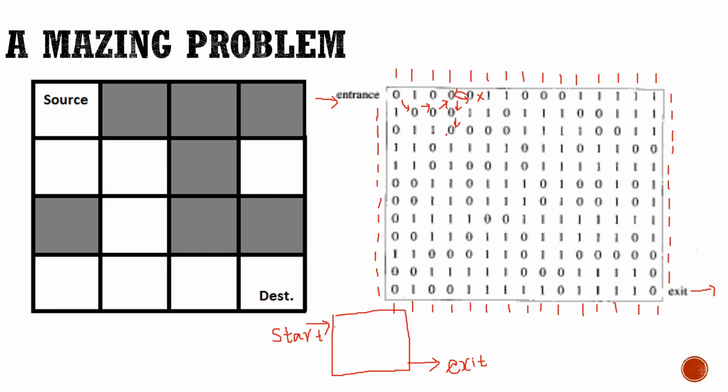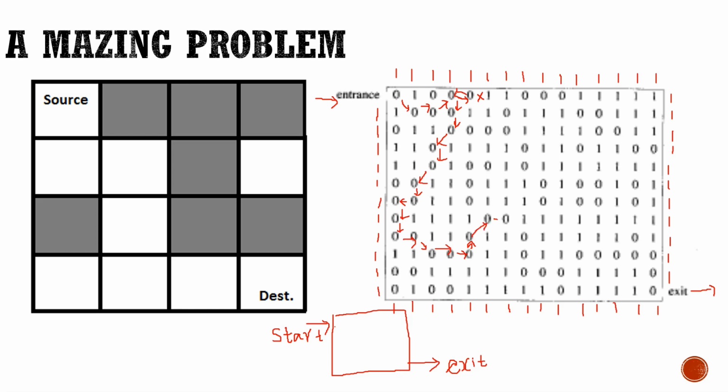Then next I can take this path. Next this path. Next this path. Next this path. Next I can take this path. This one. Then this one. Next this one. Then next I can take this diagonal path, then this path, then this horizontal path, vertical path, then the diagonal